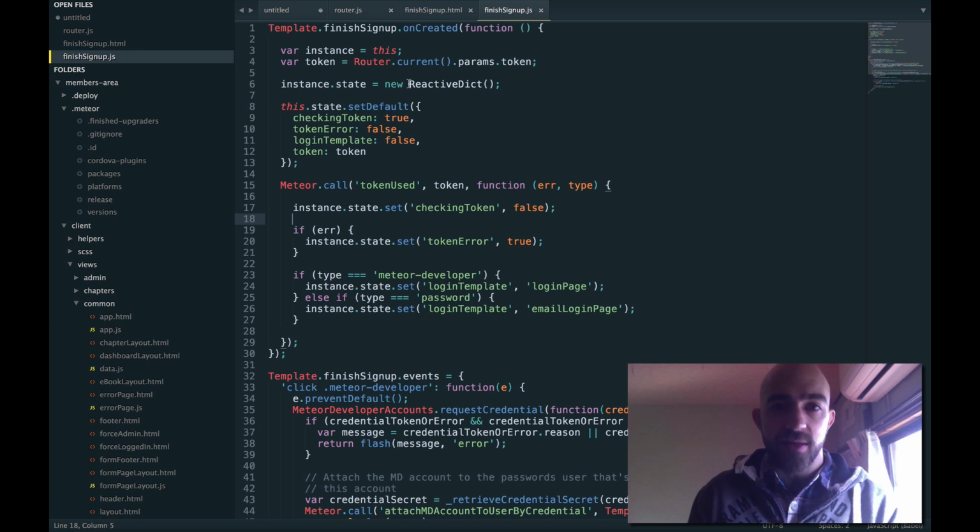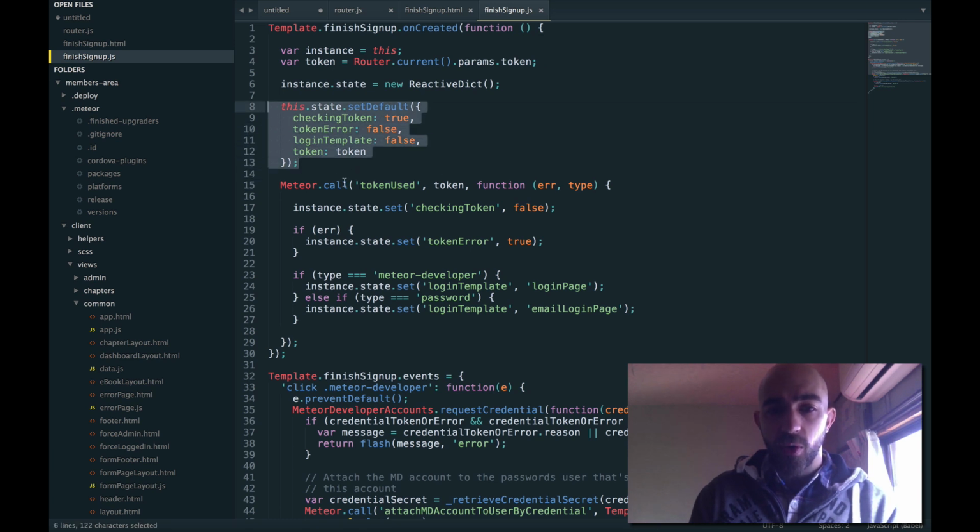So session is a reactive dict, and in this case the reactive dict I'm creating is this.state. And I initialize it with the following values, one for checking token, token error, login template, and then the token itself. And then I set all these values in the callback of the method, same method as before. And the cool part is